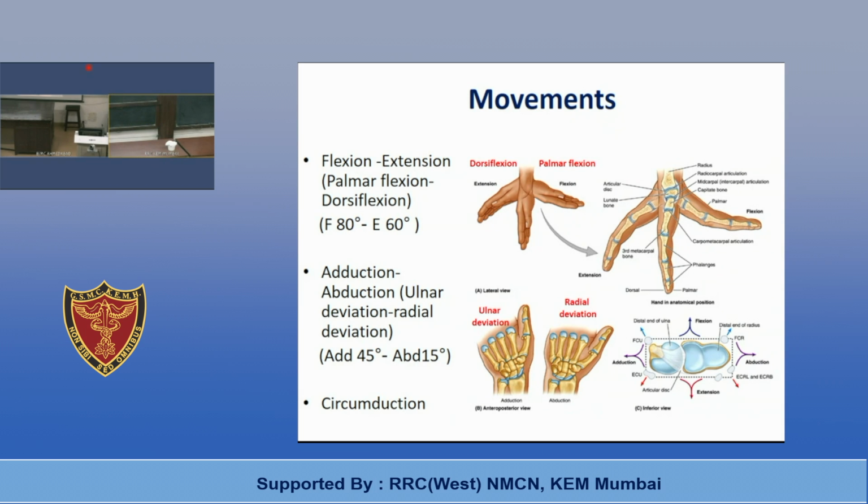So this is one movement. For the other movement, which bone is present along this part? Ulna. And which bone is present here? Radius. If you move your wrist towards the ulna, or medially in anatomical position, this is called adduction, and away from the body, abduction. Adduction is also called ulnar deviation and abduction is also called radial deviation. And the combination of all movements is circumduction. So: flexion, extension, adduction, abduction and circumduction.